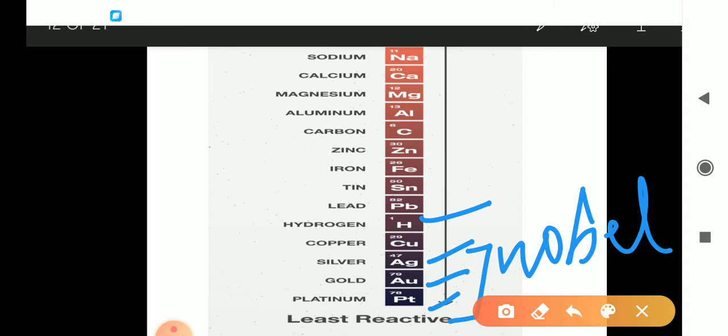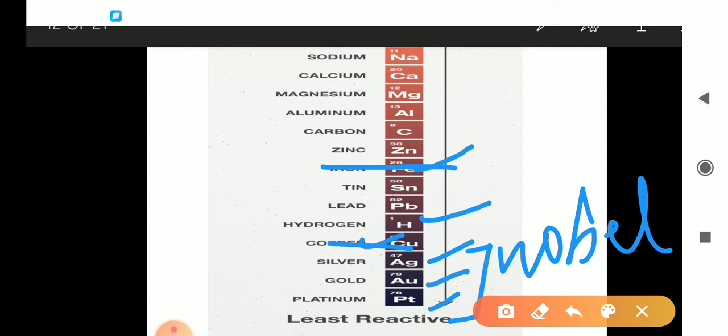Okay. Then metals placed higher in the activity series are more reactive, and those placed below are less reactive. Now, for example, when an iron nail is put in copper sulfate solution, iron is here and copper is in this position. Now see iron, and this is the copper.